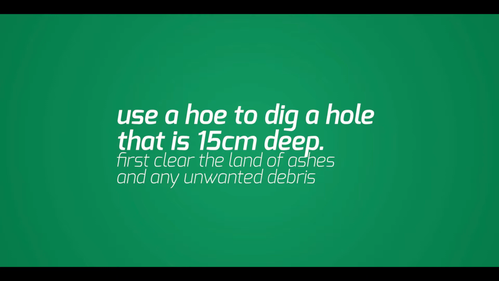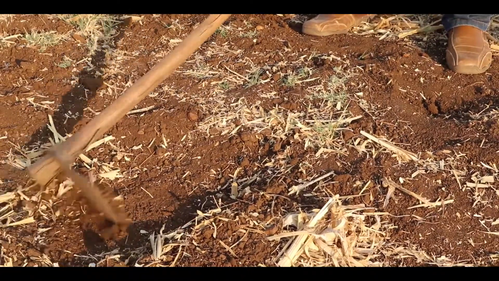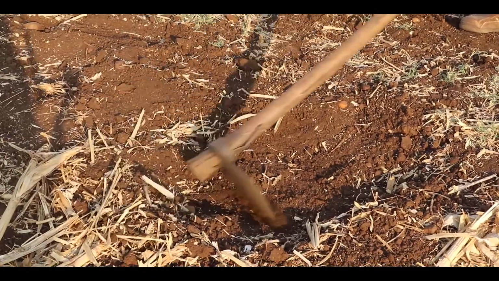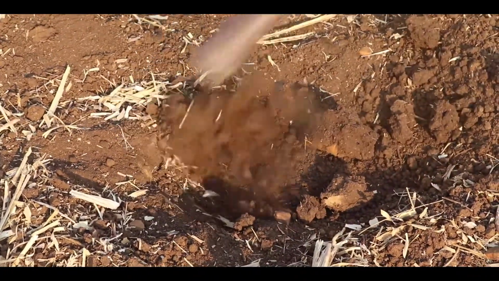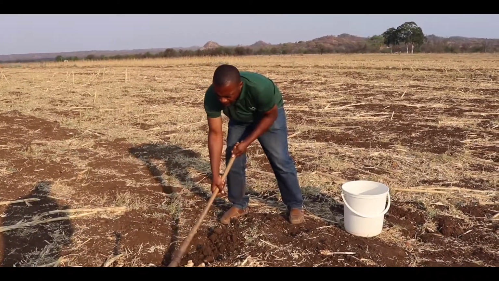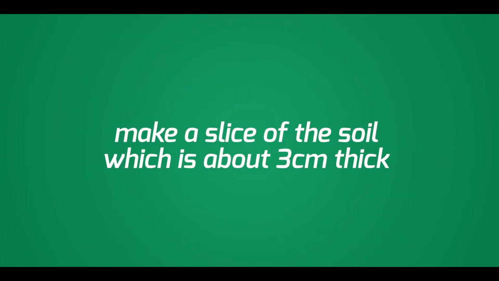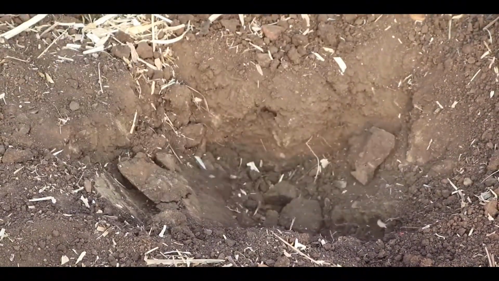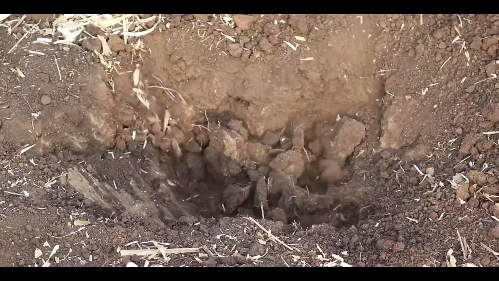So we are going to use a demonstration to show how we get these soil samples. You come to your ground and, like I said earlier, you clear the debris away. Then we dig a hole which is about 15 centimeters down into the soil, like that. When we have got our hole, we want to make a slice of the soil which is about 3 centimeters thick. That slice of the soil, we cut it from the top down the profile